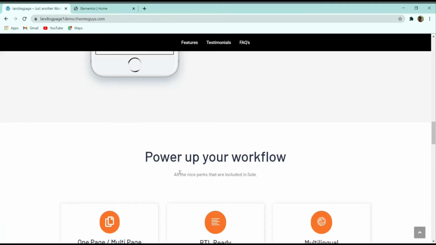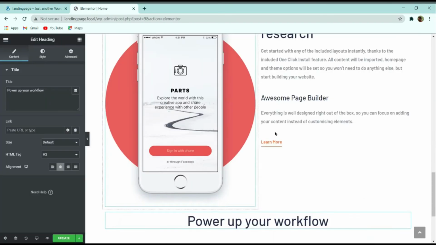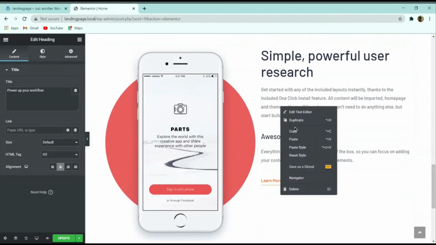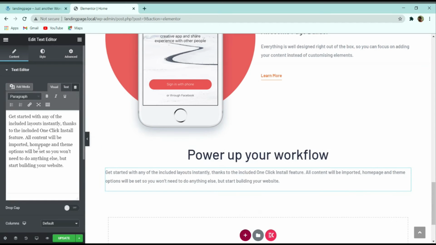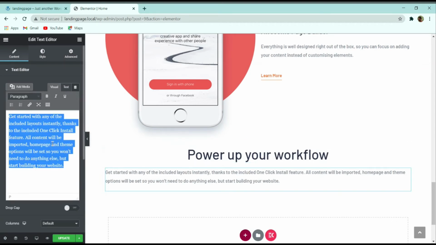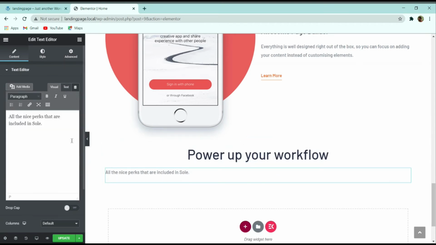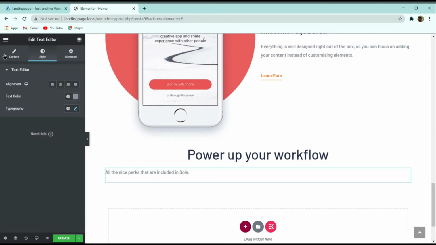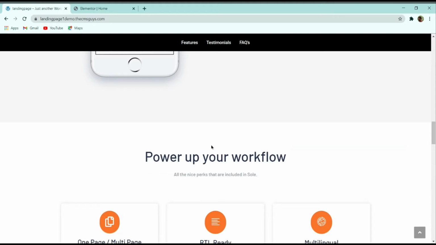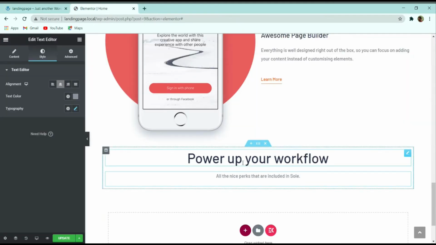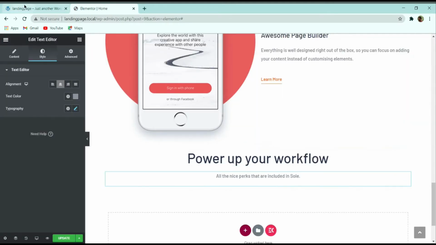And then after that for this description text, for this one also again I can copy the same text from here and paste it here, and I will go to the style, and here I will make the alignment to center. So now here with this you can see how easily we have created these two texts over here.